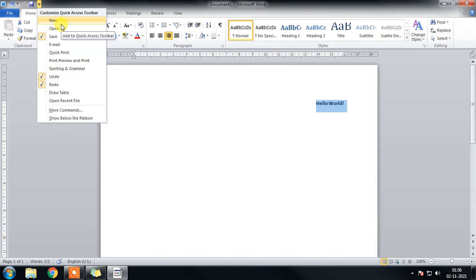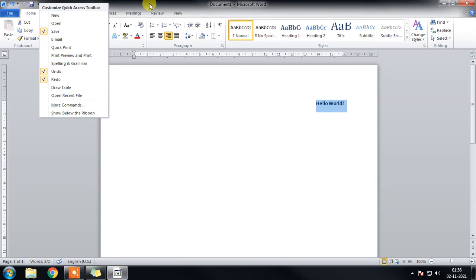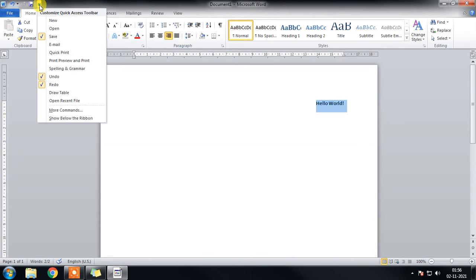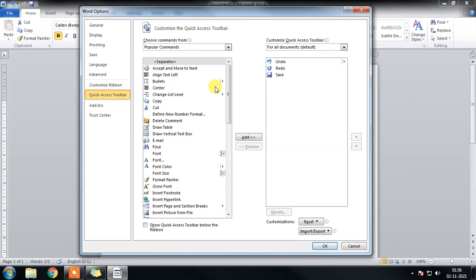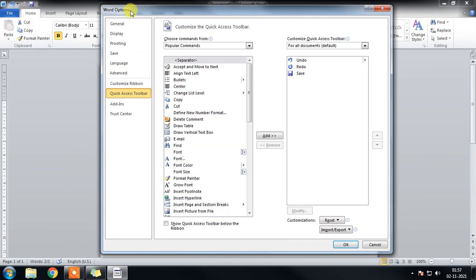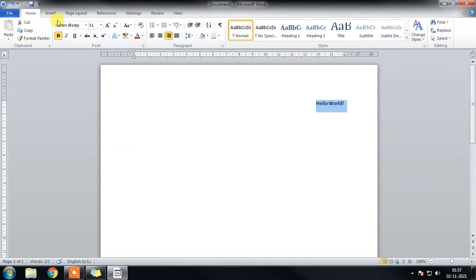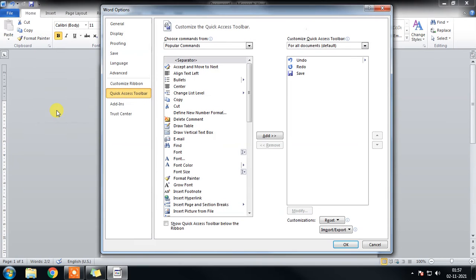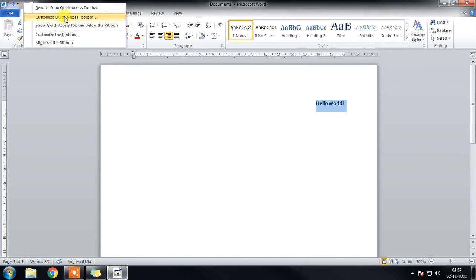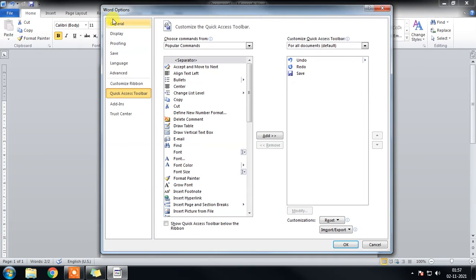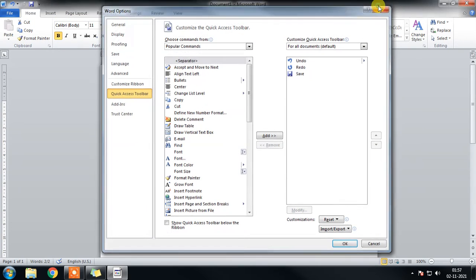When you click on the drop down menu on more commands, here we can add more commands from the different sets. There are many things to learn here, and everything will be done under this dialog box, which is known as the Word Options dialog box. So this will appear when we click on the more commands option, or another method, when you right click here somewhere, we can see customize quick access toolbar. If we click on here also, we will get the same dialog box. So that can be done here, or by right clicking here also we can do the same thing, customize quick access toolbar.